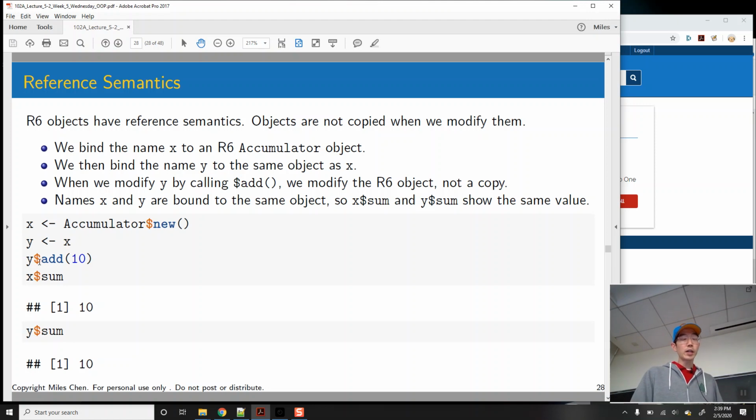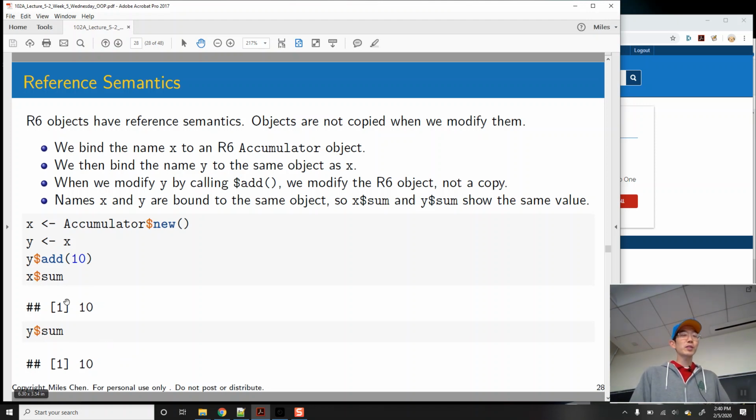And now I'm going to modify y by calling the method add 10, okay? I call y$add(10), and that's going to add 10 to the accumulator object y. But because y and x both have names pointing to the same object, both x$sum and y$sum show the value 10,